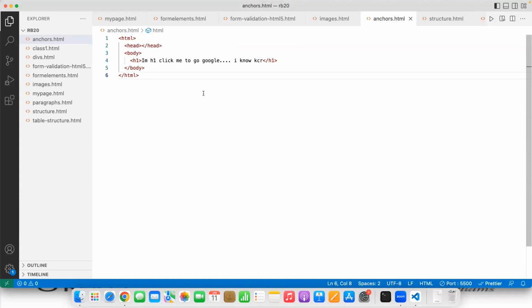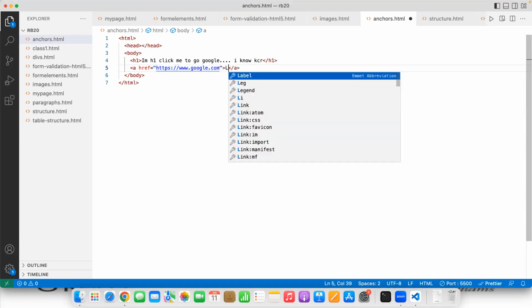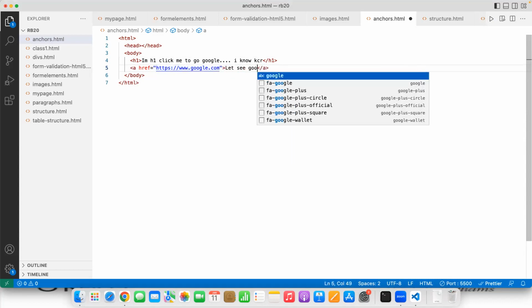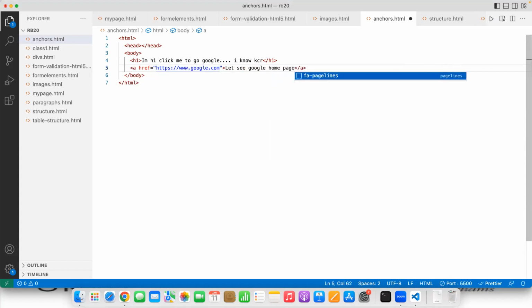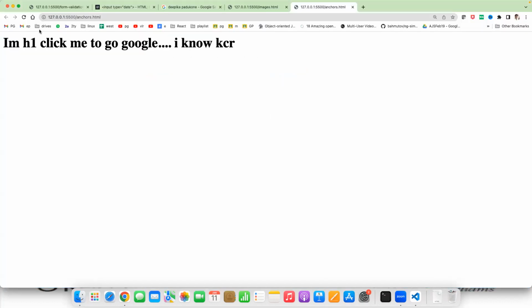Okay, so every element is not a clickable link. There is only one element that is called as anchor. There is an attribute called href. In that attribute, I have to give the complete URL. There is no rule that you must write Let us see Google homepage. It refreshes. Yeah, let us see. If I click on it,